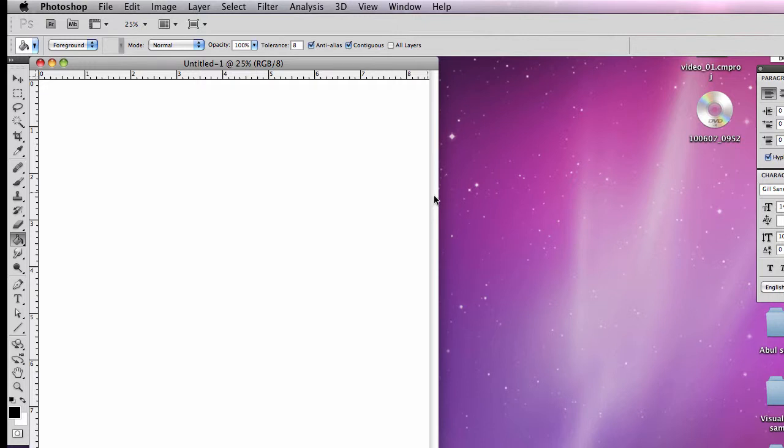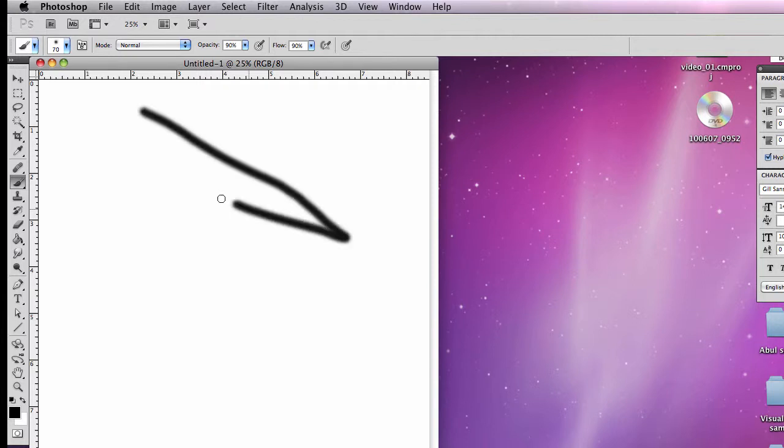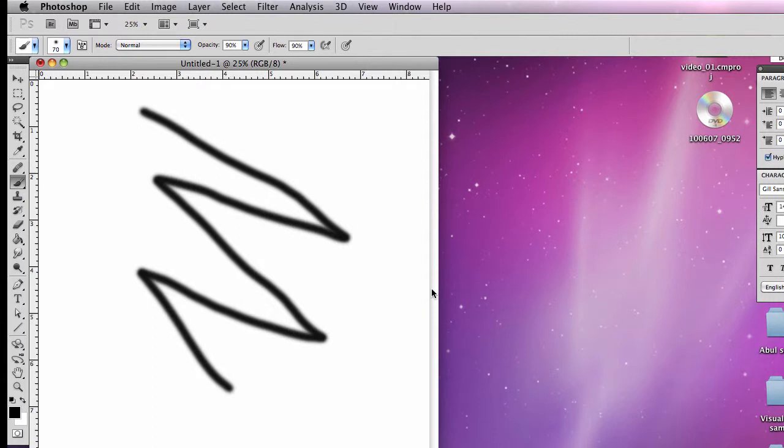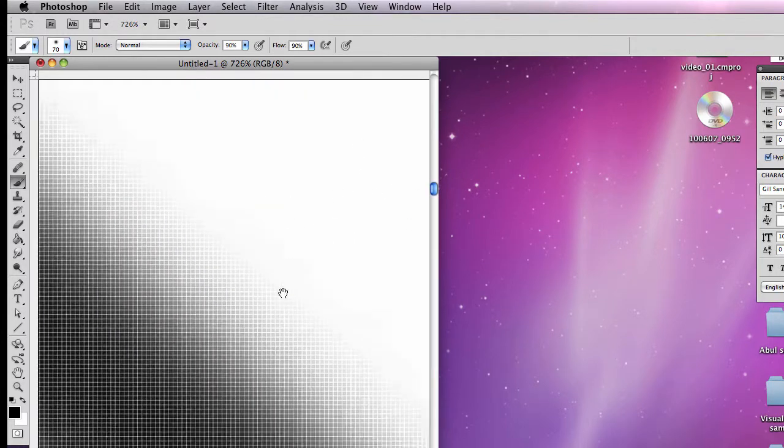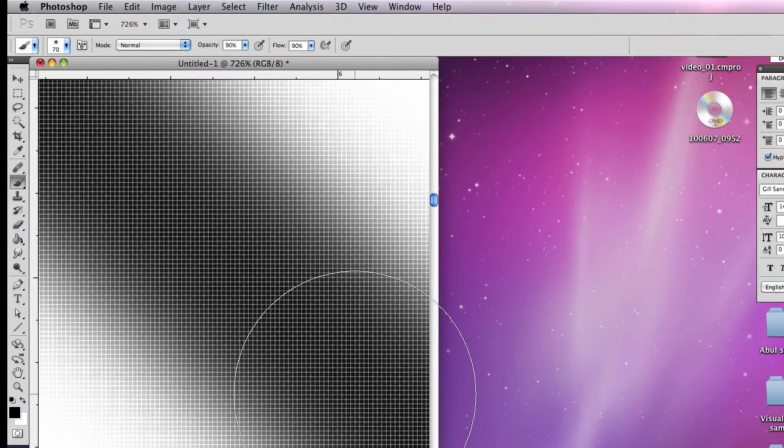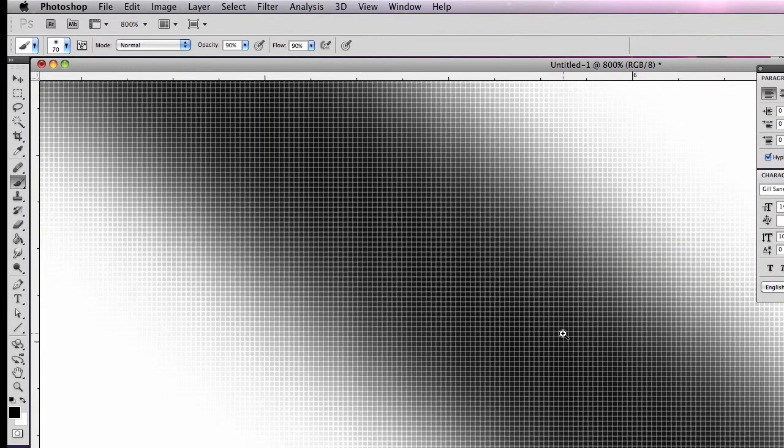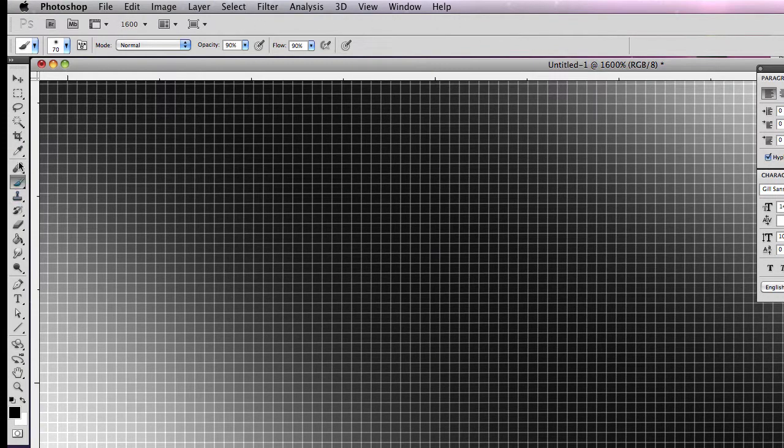If I were to zoom in on this, you really couldn't see the individual pixels because it would still appear to be just white. But if I were to take a paintbrush and paint something, zoomed out, this appears to be a fairly smooth line. It may be a little bit fuzzy. But if I zoom in on it, now you can see the individual pixels that make up the image. And if I zoom in even more, I could take my pencil tool, for example, and actually modify individual pixels